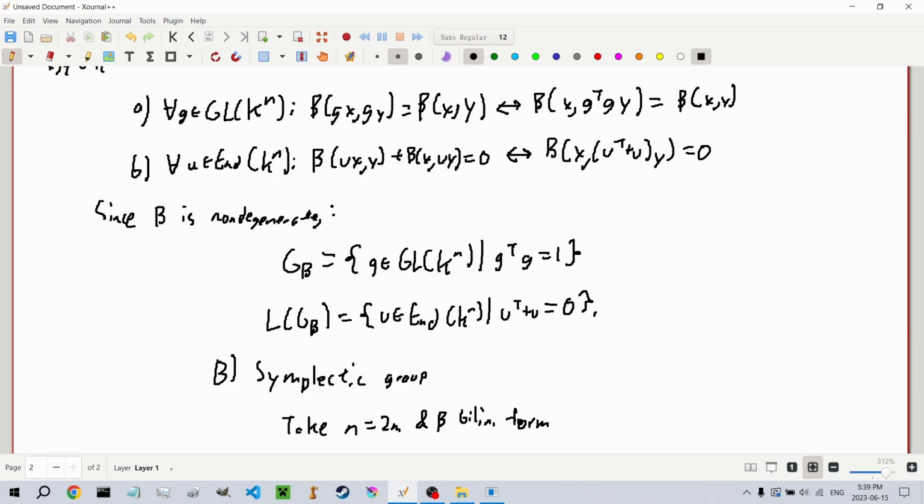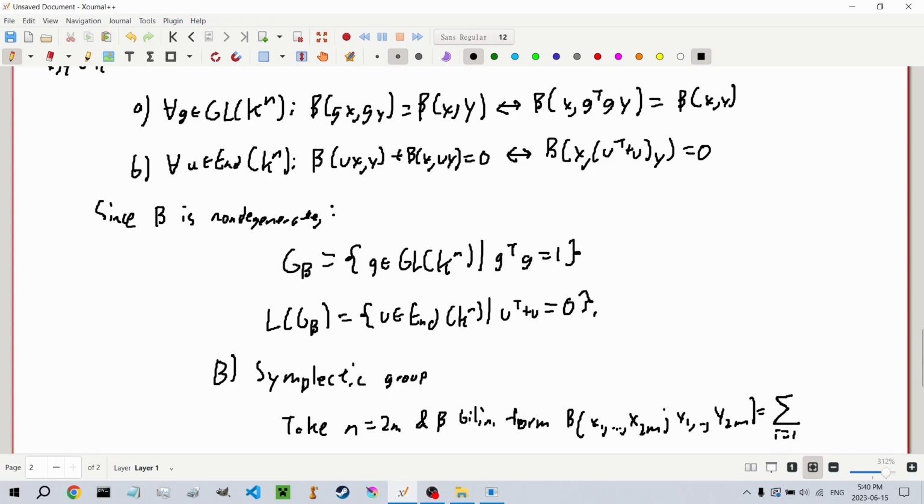We need that to hold of beta from x1 to x 2m, and y1 through y 2m to be the sum